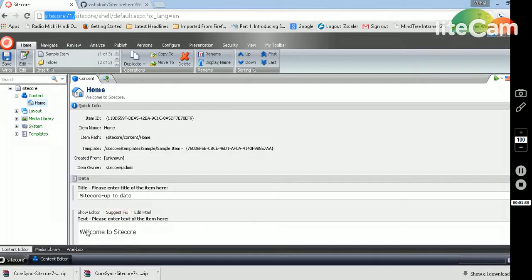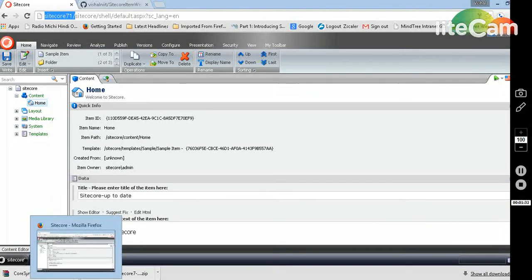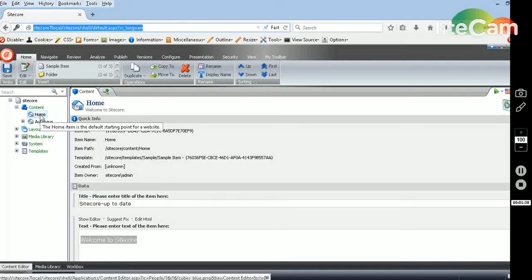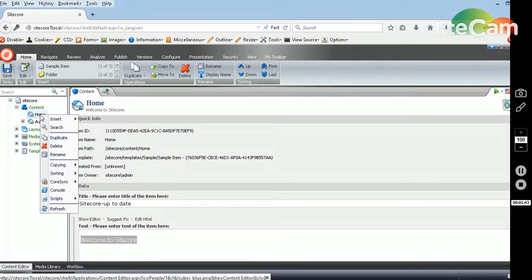So let me quickly show you how the basic functionality works here. I'll go to my source system and choose one item for now, and I'll quickly show you what it can do. Whenever you install CoreSync, whenever you right click on any item using the context menu, you can see CoreSync as a menu option.